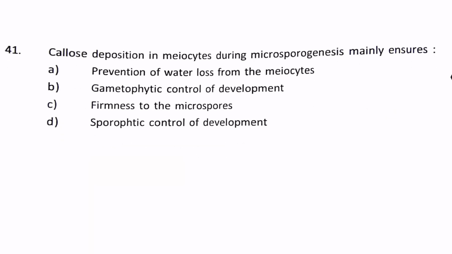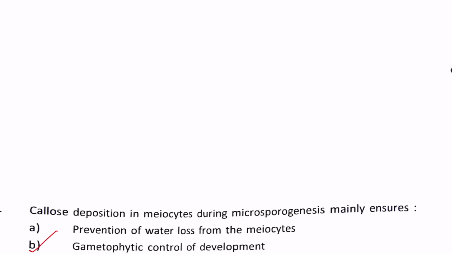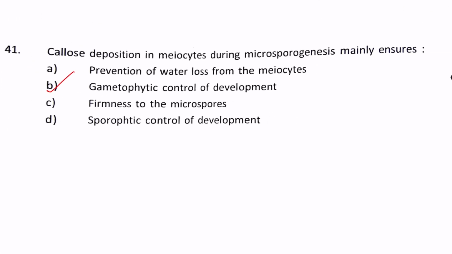Next question. Callose deposition in the microsporocytes during microsporogenesis mainly ensures what? Is it prevention of water loss from the microsporocytes, gametophytic control of development, firmness to the microspores, or sporophytic control of development? The answer is B, gametophytic control of development. In 2015, embryology questions were a little bit very detailed. They were a little above average level questions. Next